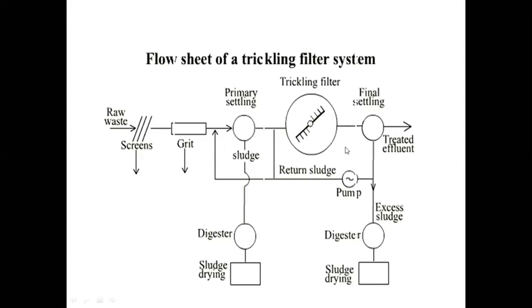Okay. So you can go through this complete flow sheet, in the sense of the total sewage treatment plant when there is a trickling filter. Earlier we saw when there is an activated sludge process. So you can show the notation of the trickling filter like this. Then final settling, or we can say secondary settling or secondary clarifier. Then treated effluent will go outside and the sewage we will send to the, oh, there is a mistake in the figure.